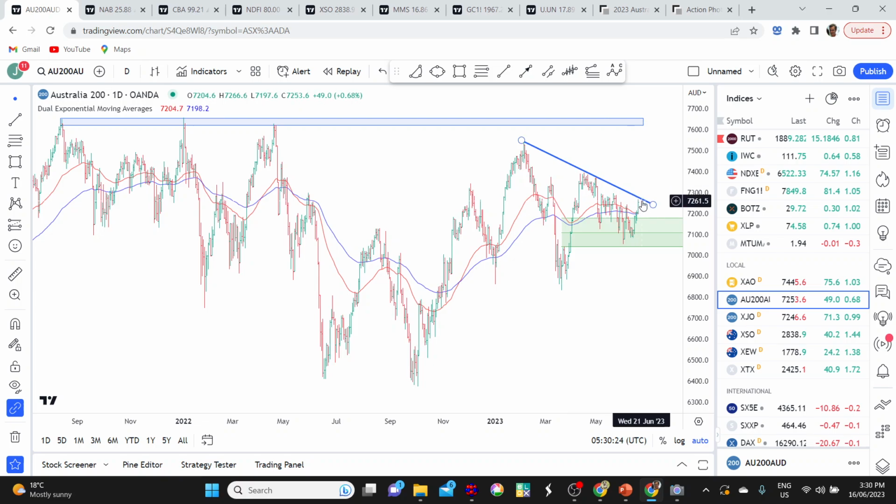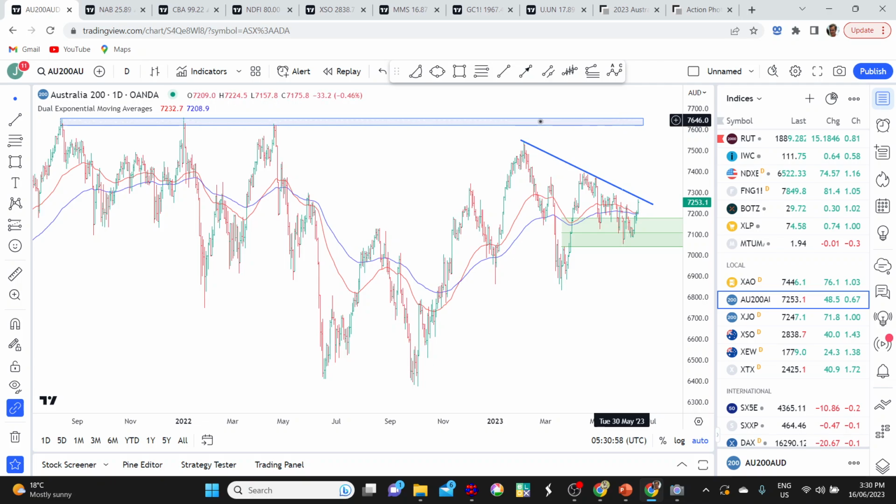So this is going to be interesting. It's going to be interesting next week to see whether we can punch above this trend line and start to break above some of these previous highs. It's quite possible this is a little flagging formation here, in that we've had the strong move up, we've had the flagging consolidation, and we're getting ready for the next leg higher, which will then test this overhead resistance, this big triple top resistance at around 7,600.